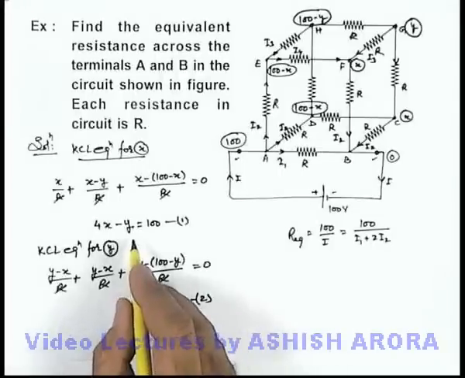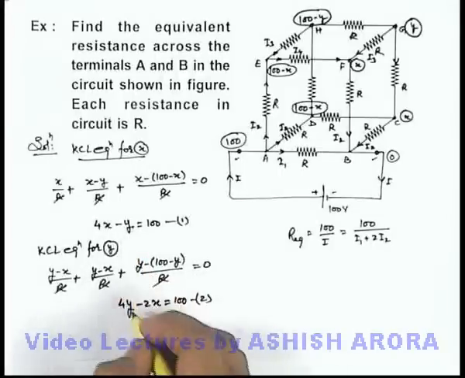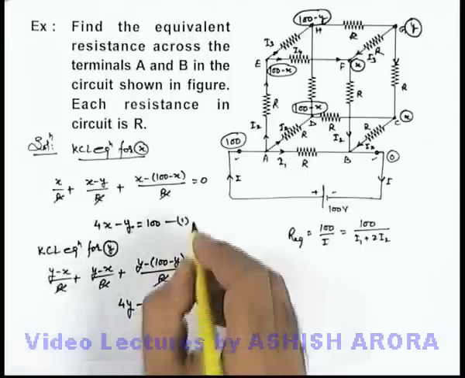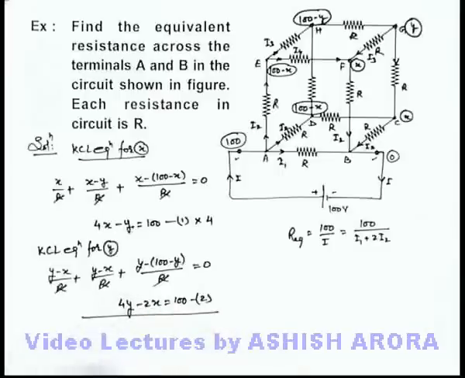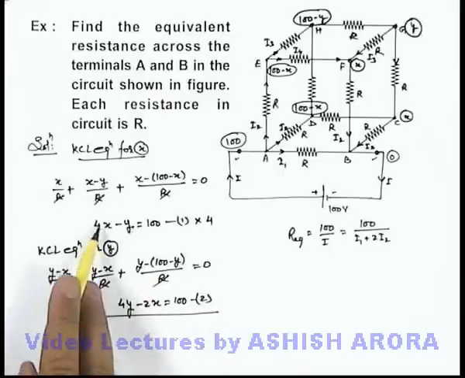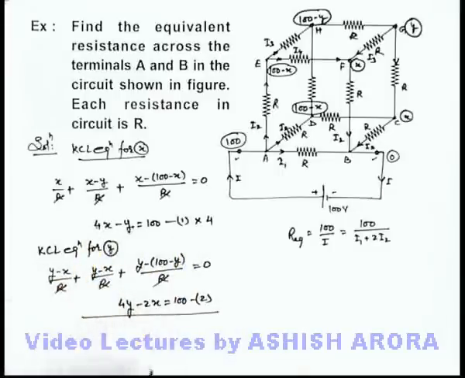Now to calculate the value of X, we need to eliminate Y from these equations. So we can multiply equation 1 by 4, and we can add these two equations. And you can see 4 into 4 is 16 minus 2, this will be 14X. And Y gets cancelled out and it equals 400 plus 100, this will be 500. This implies the value of X we are getting is 250 by 7 volt. Now